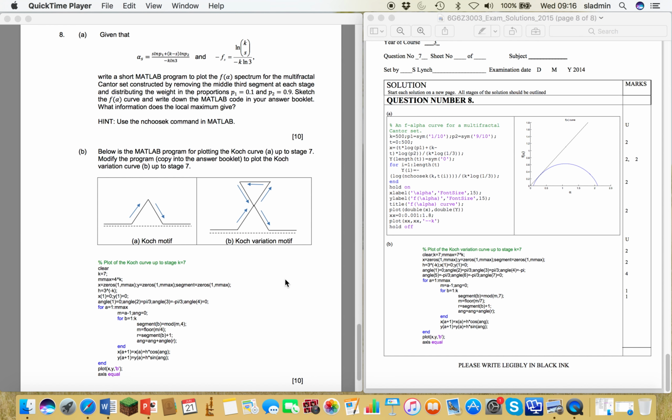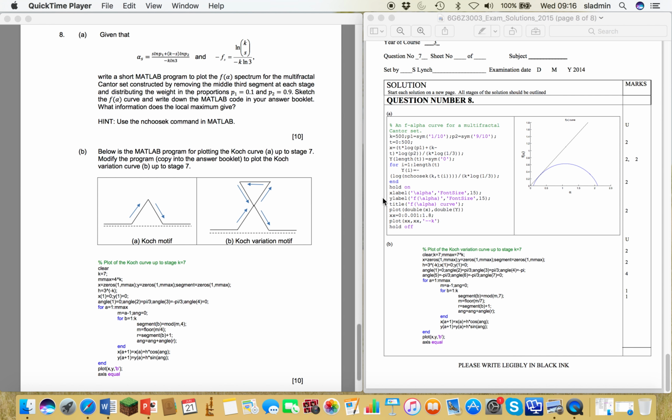These are the solutions to question number 8 from the 2015 Chaos examination paper. So for part A, I've given you expressions here for alpha s and minus f of s. You have to write a short MATLAB program, so you can just revise this off by heart to find the